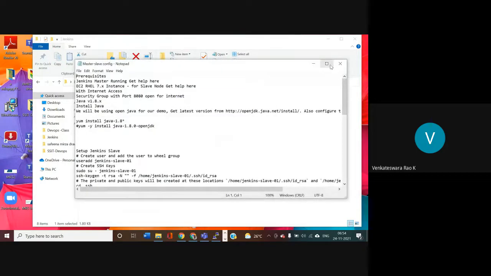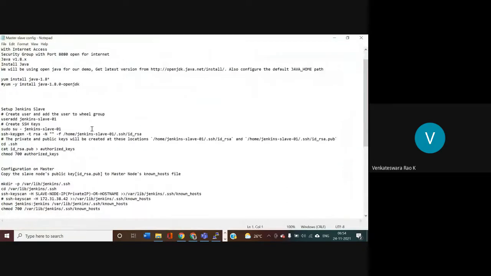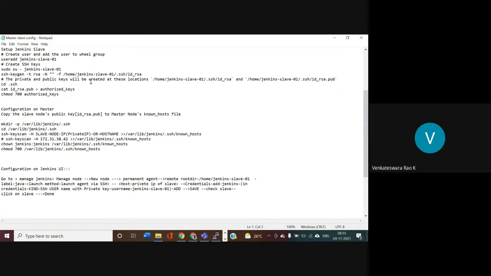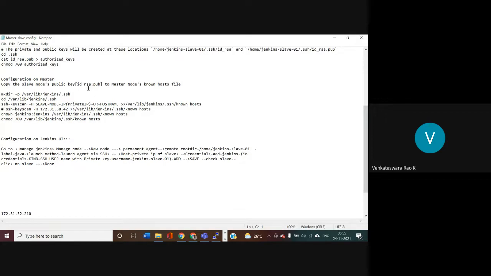These are the steps we have to follow. For master slave configuration, we need two instances: one for the master instance, another for the slave instance, and we have to copy the slave machine private key into the master machine. Then after copying this key, you have to do some configuration changes from the UI.